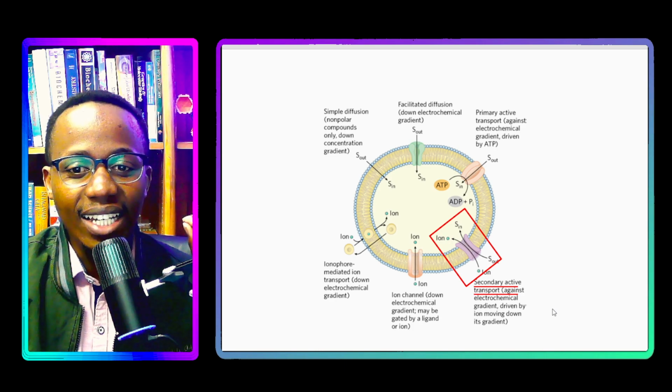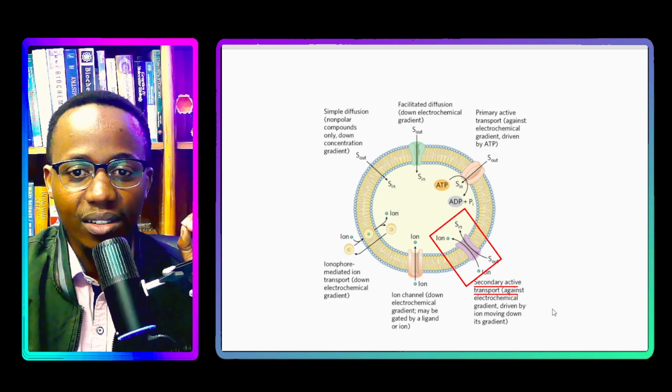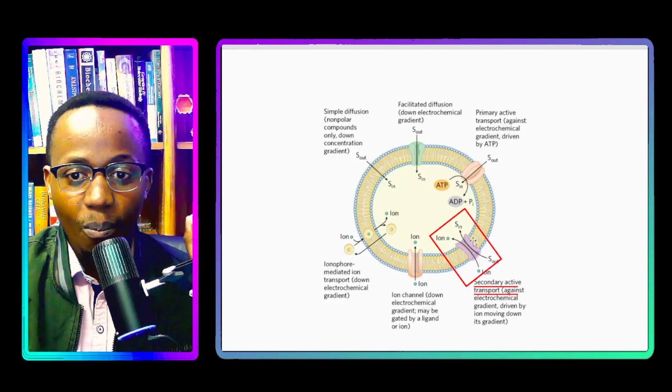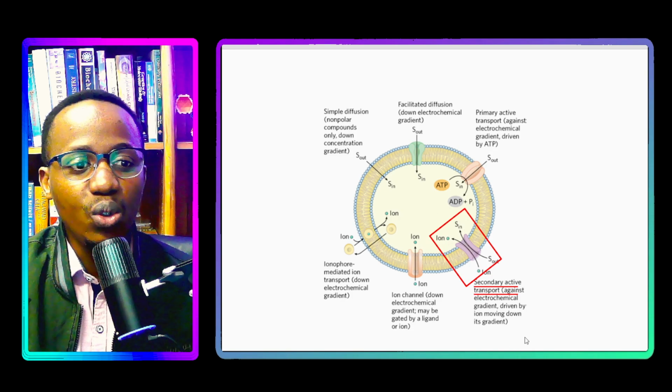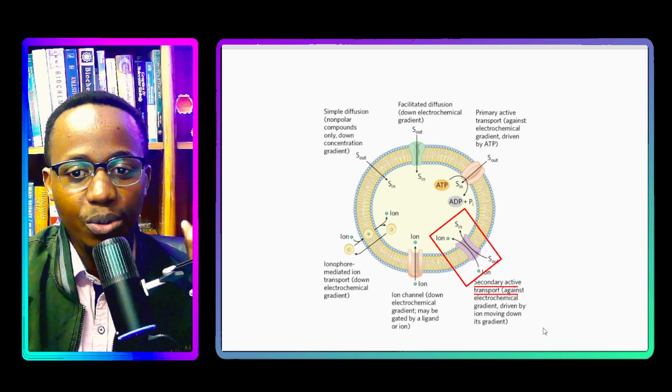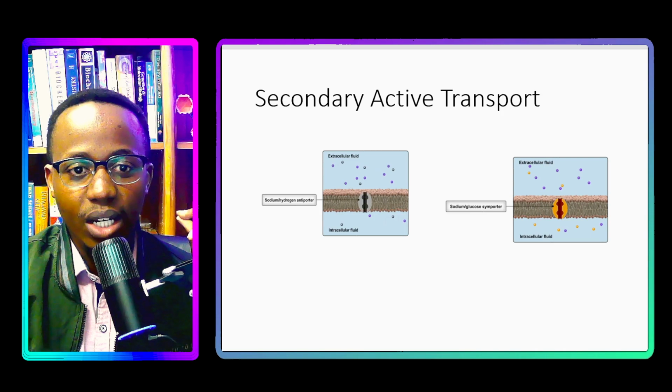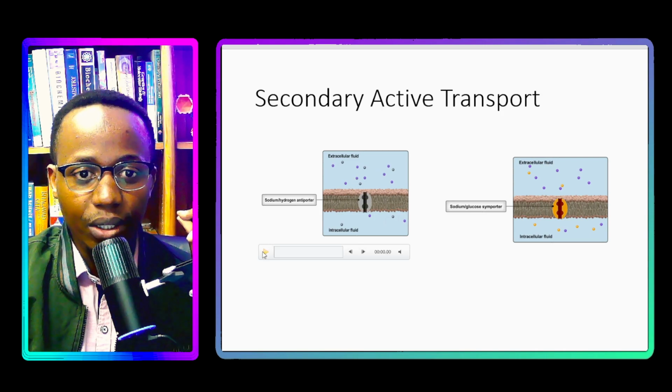But it is driven by something else. What do I mean by that? The movement of an ion, right, or the movement of something is going to drive that active transport. So it's secondary active transport. So you have two things happening. Let me give you an example. An example is